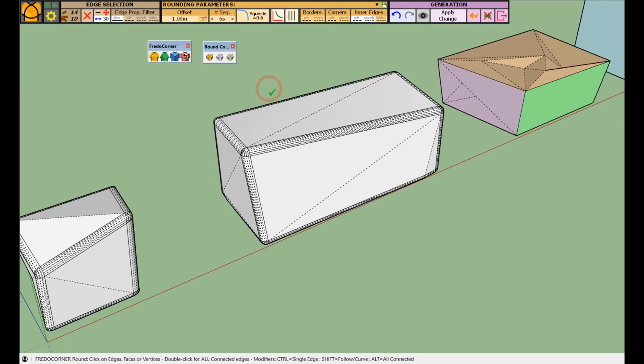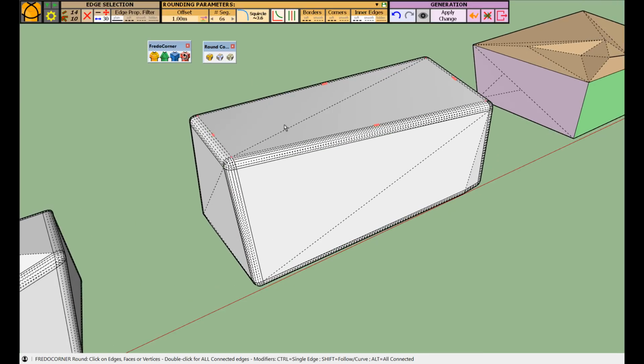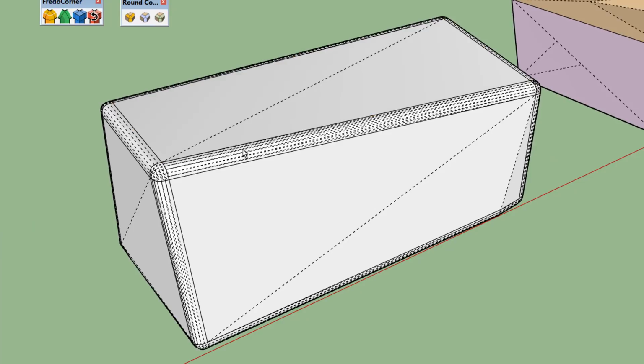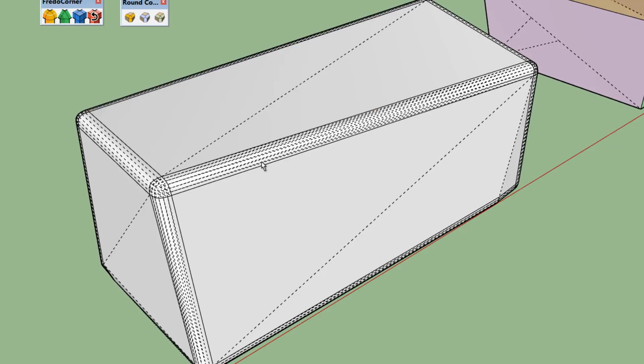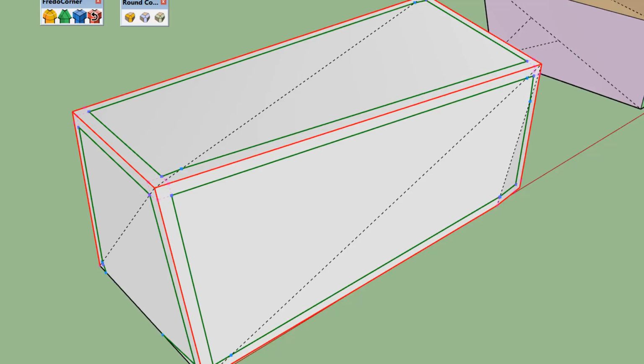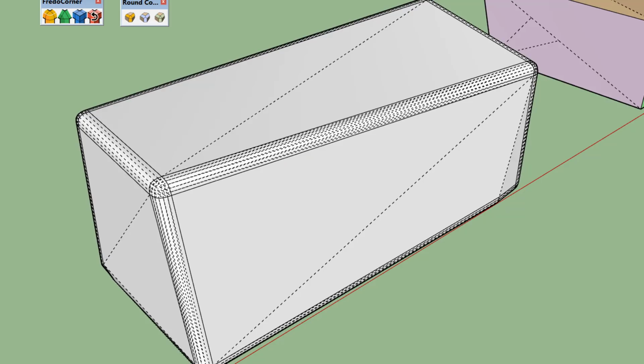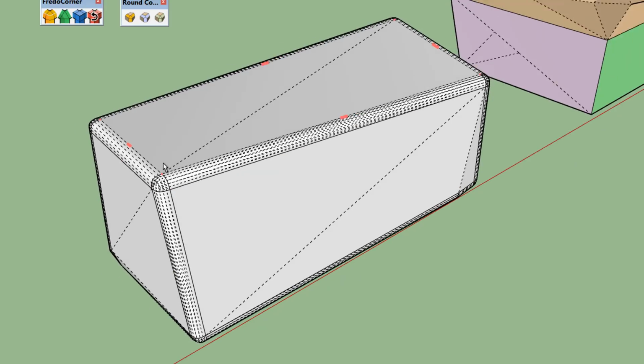So the strategy is first to keep one continuous rounded border per edge, and to move the diagonals of the triangulation out of the path. Okay, so this may not be obvious, but if you look carefully, so let's undo and let's redo. You see that these diagonals have been slightly adjusted.